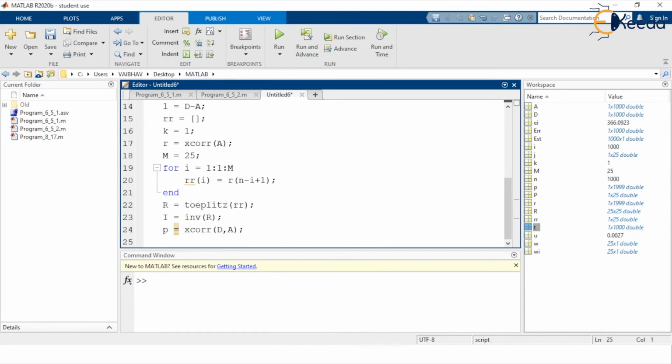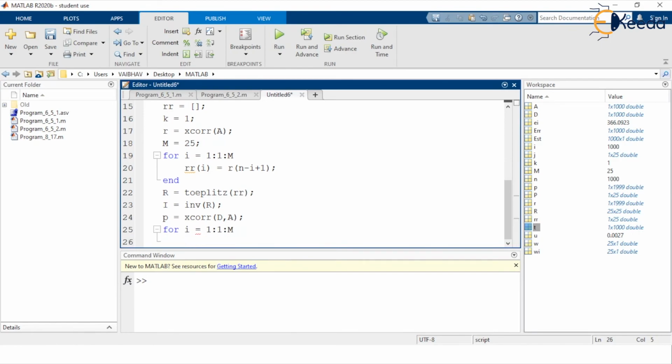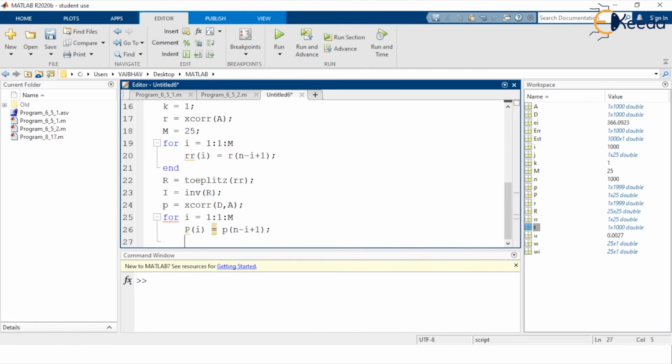Then the use of a for loop for I is equal to, we start at 1 with the step size 1 up to capital M here, capital P of I is equal to P of n minus I minus 1 plus 1, ending with the help of a semicolon, coming out of the for loop.